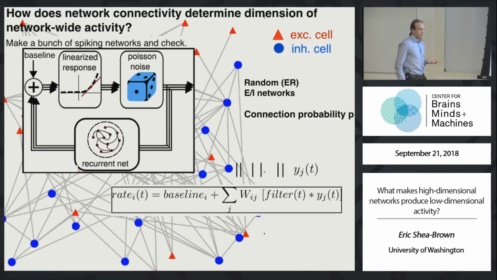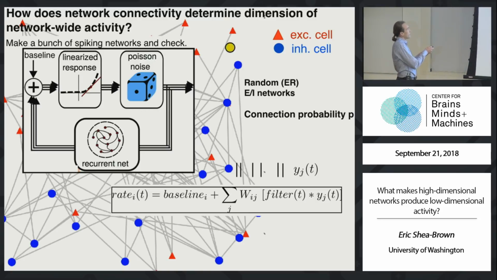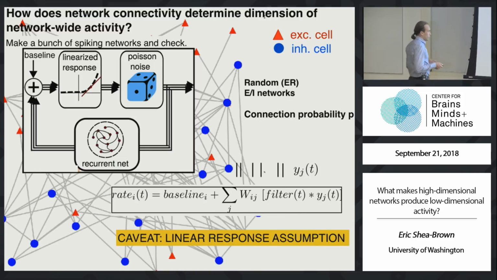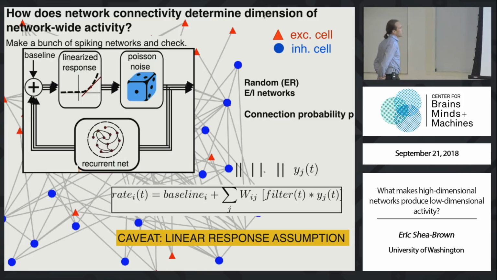So many of you will recognize this model. This is often called a GLM in the computational neuroscience literature, schematized by diagrams like this, made by Pillow and Park and Paninsky and colleagues. But this is really the diagrammatic form of this model. Okay, red alert, so I'll try and be very clear about this. This is a linearized model. So in the general version of a neural model of this type, inputs will come into a cell and pass through some nonlinearity, and then that will be the firing rate. Here we've linearized that around some operating point to develop the results that I'll discuss with you in a moment.